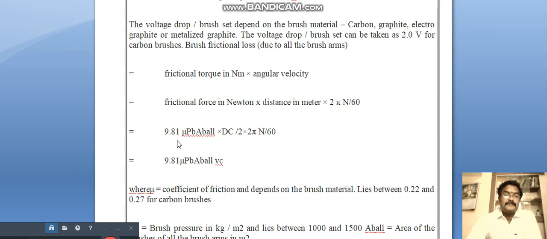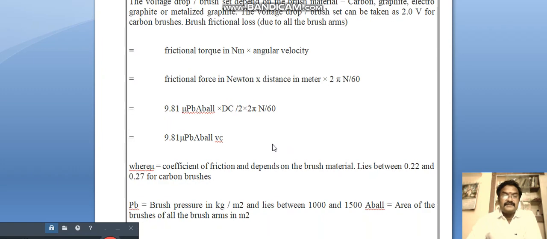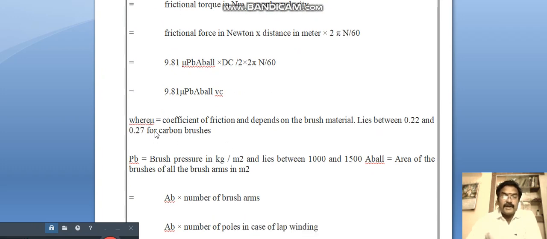So that we get 9.81 mu P_b A_b, all multiplied with D_c by 2, into 2 pi N by 60. So overall we will get 9.81 mu P_b A_b v_c, where mu is the coefficient of friction and depends upon the brush materials, and lies between 0.22 and 0.27. The mu value, okay,